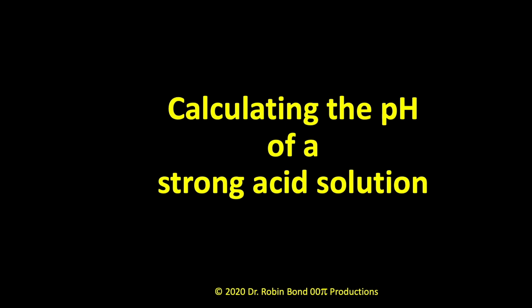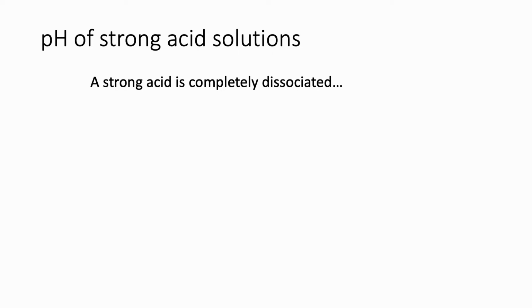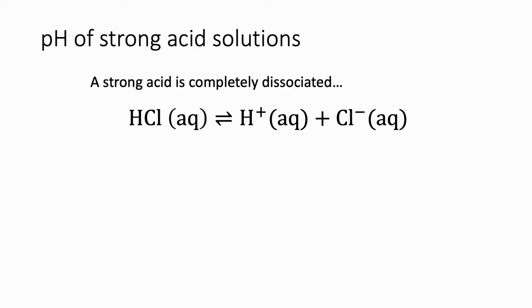Hi, today we're going to learn to calculate the pH of a strong acid solution. So remember that a strong acid is something in which equilibrium lies all the way to the product side of the reversible reaction, or in other words, is something in which the acid completely dissociates. So in our standard example of HCl, we have HCl completely turning into H plus and Cl minus, and there's